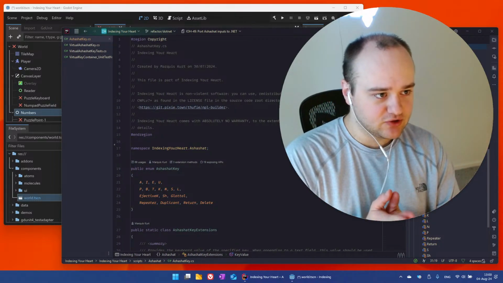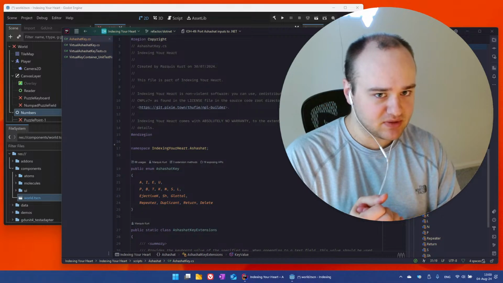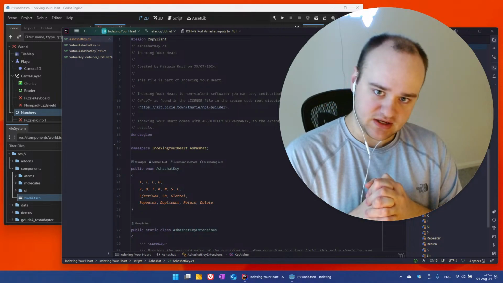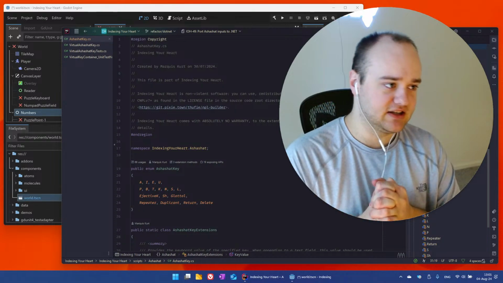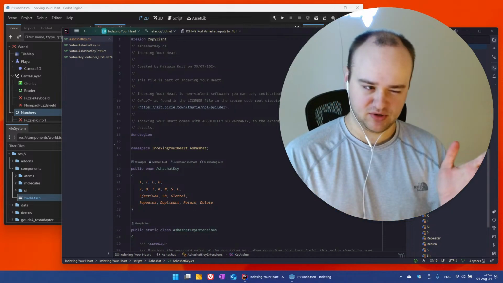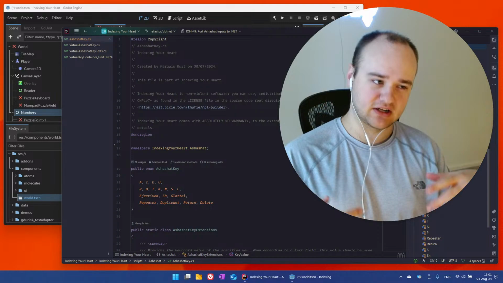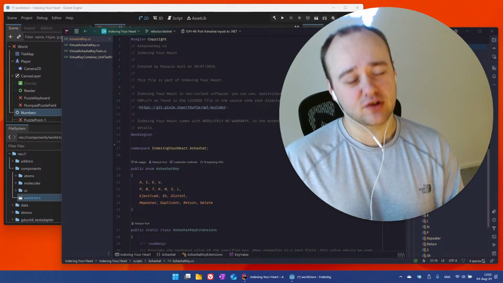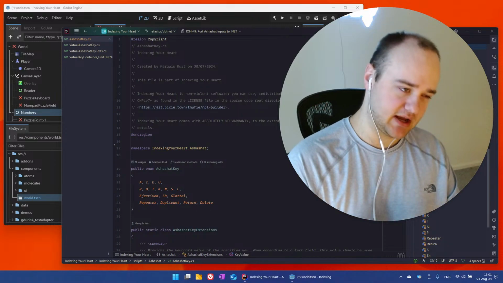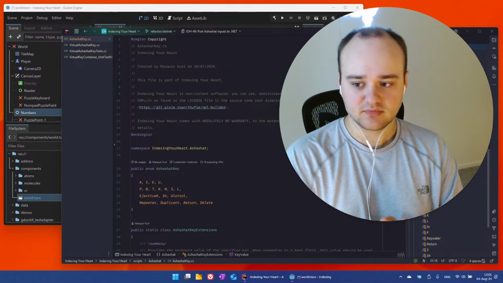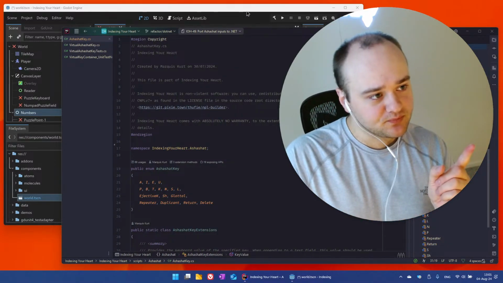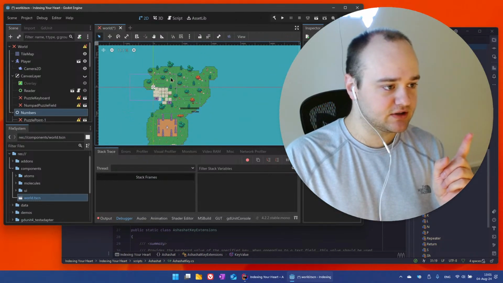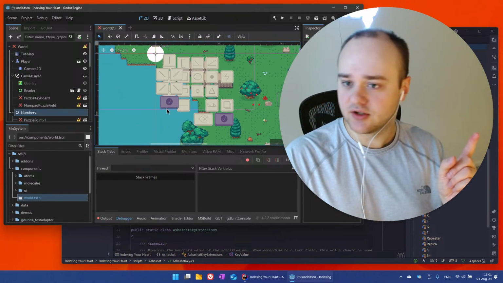This week, I want to focus on more of the puzzle side. More specifically, things to do with the Conlang that this game has. For those that may not be familiar, Conlang is just short for constructed language. It's a custom language that I've made not specifically for this game, I'm just happening to use it for this game. Now, the reason why I bring this up is because if we actually kind of scroll over here,